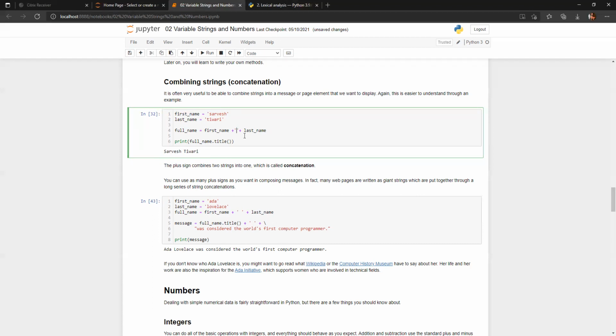If I don't use a space, it will not take T capital, because the function sees it as a continuous string. If you add the spaces and print, you can see that the first letter of each word is taken as a capital. So this is how it actually works.